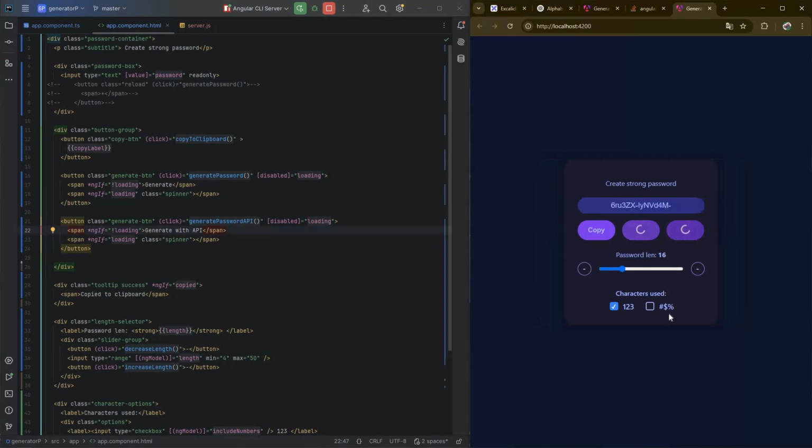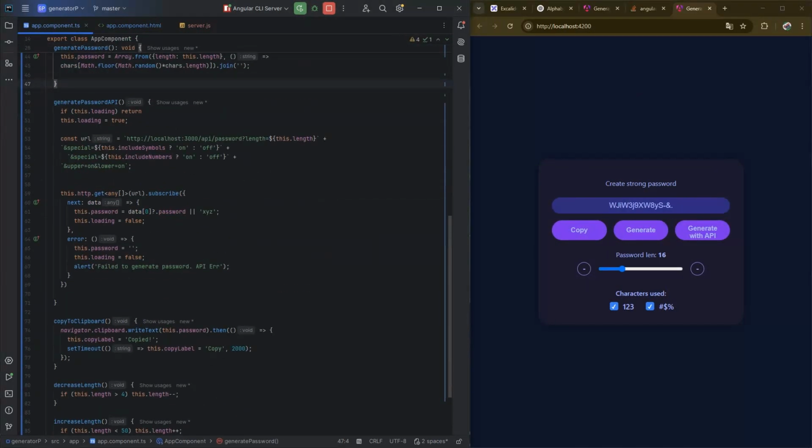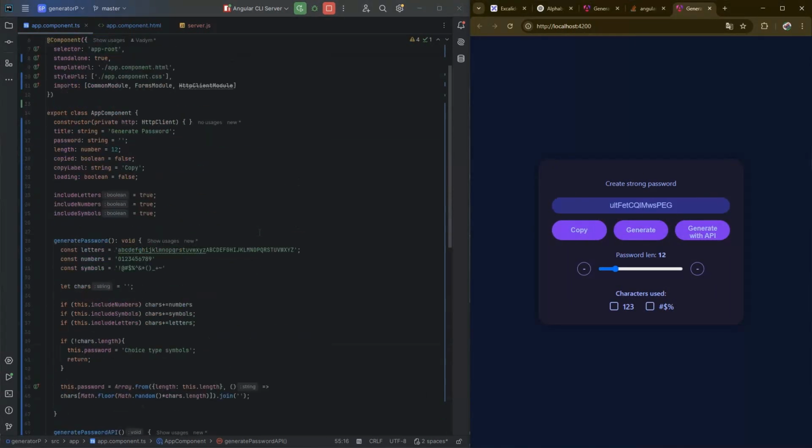Run the project again, test it and add the new function to the HTML. Test one more time and